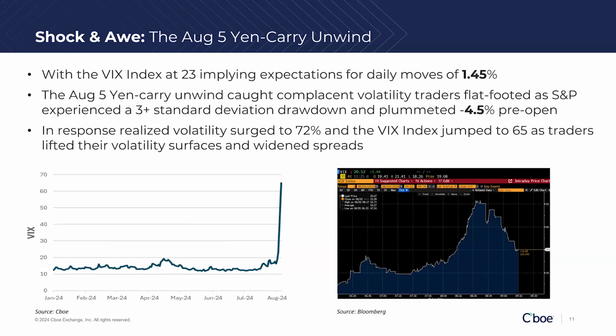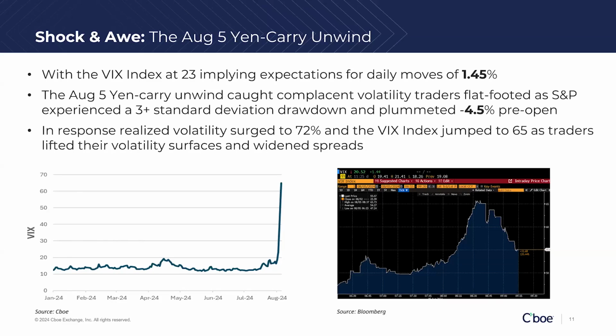Okay. So what happened this year was that, for the first few months of the summer, we had extremely low levels of volatility. And on August 5th, that all changed, right? August 5th was the date of the yen carry unwind. As you recall, the yen carry unwind started in Japan, where we had a 12.5% drawdown in the Nikkei. And what that led to was pre-open for the U.S. the S&P